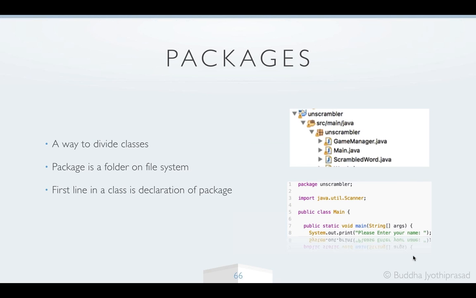Whenever you are calling the Scanner class, you are calling it like java.util.Scanner. Then instead of writing java.util.Scanner, you say import java.util.Scanner, and then you simply use Scanner, right? So what you are doing there is using the Scanner class that is inside the java.util package. That java.util is nothing but a package in which the Scanner class has been defined. And when we don't give any package name for our class, it goes into the default package, a place where there is no package at all.